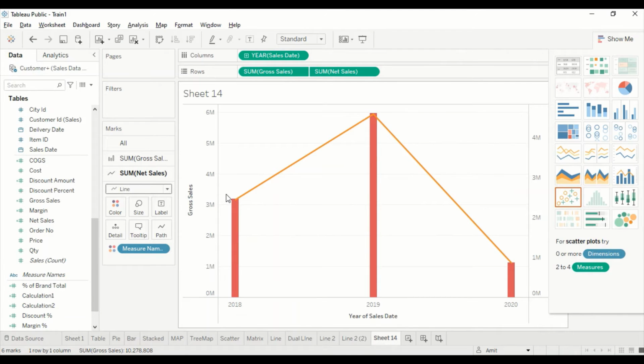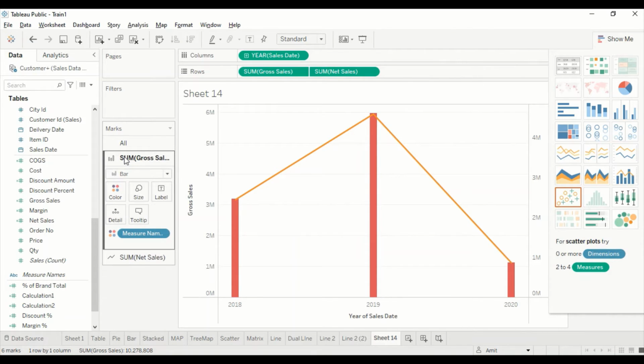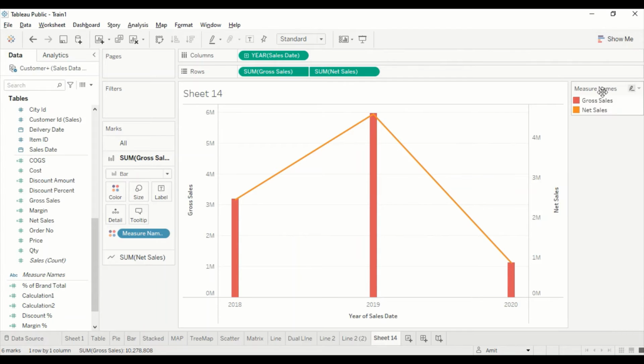So if you wanted to do this one, the same thing, we can actually have these bars. Now I don't want to change the color, but I have the flexibility that I can decide color via something. But the moment we start deciding color via something, we will not be able to know which is gross and which is net. Similarly, if we are creating a visual having one axis as a percentage, let's say margin percentage we want to show, then we'll not be able to. But that's pretty much possible.